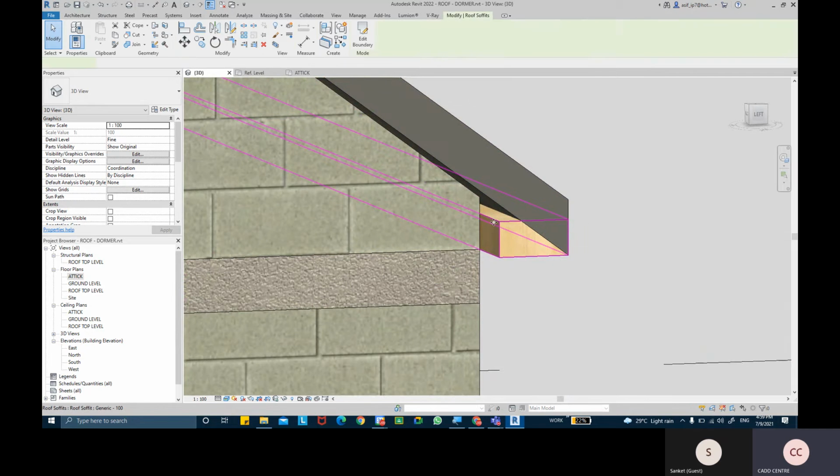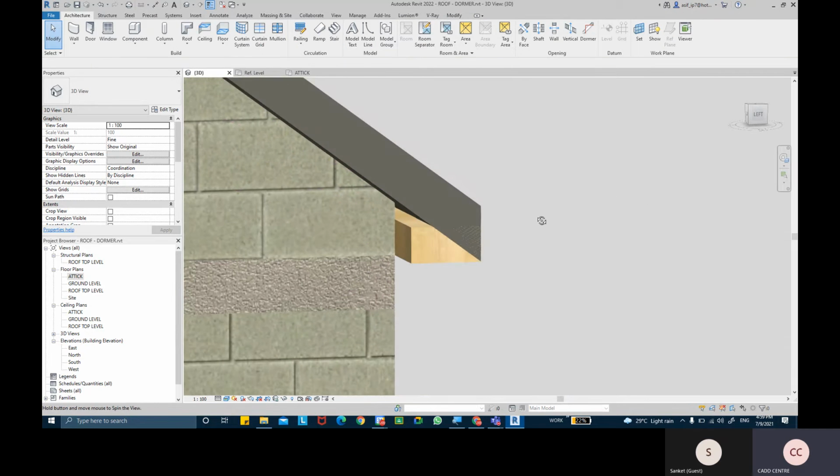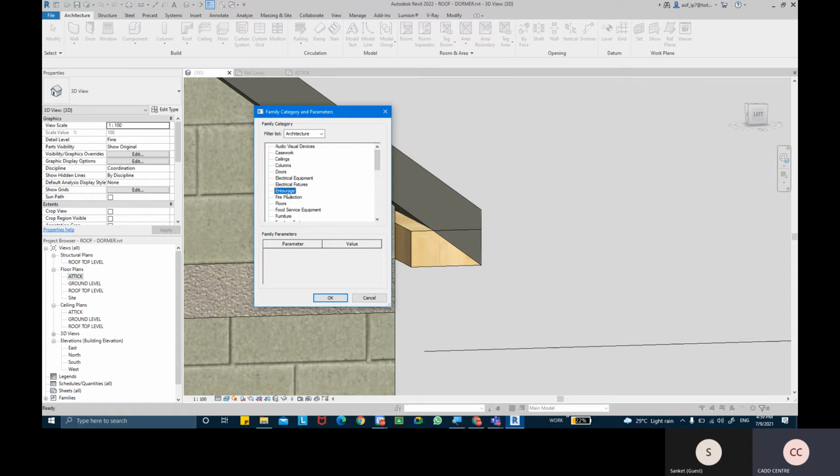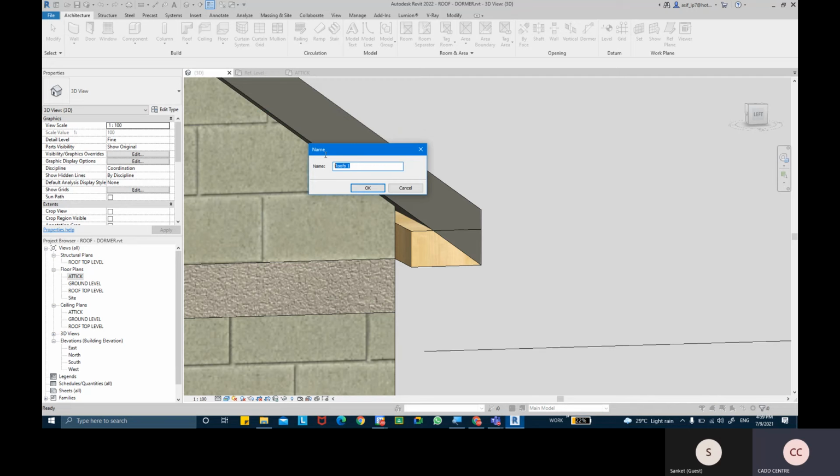The same thing we did for the gutter caps: create a component, take the model in place command, and pick roofing once again, then the gutter cap ends.